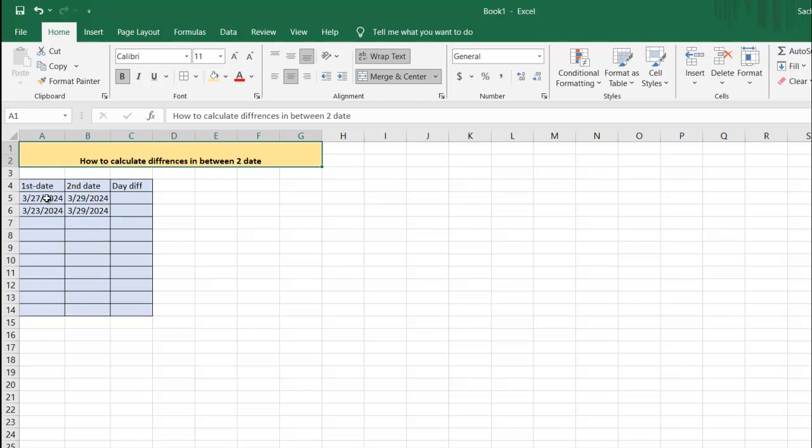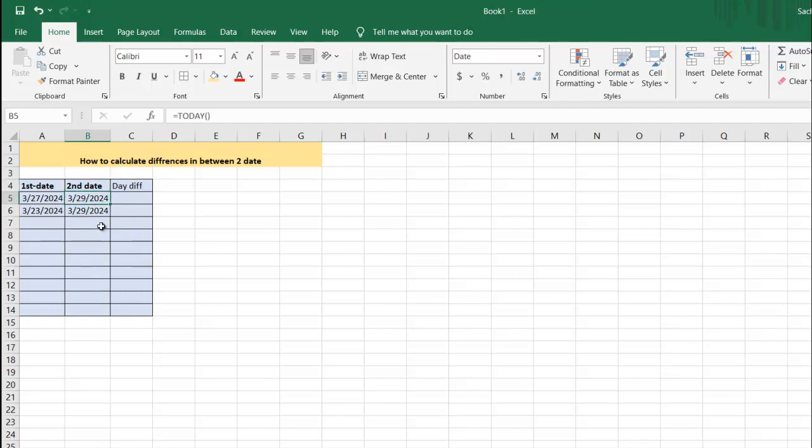You would have seen that the first date is here and the second date is here. I just took some random dates: 27th March 2024 and 29th March 2024. The second row is 23rd March 2024 and again 29th March. So let's see how to calculate the